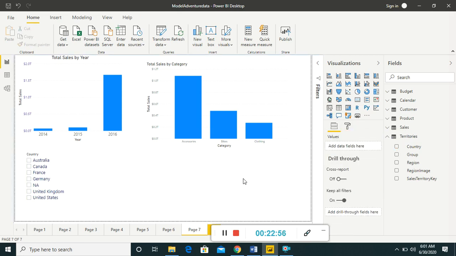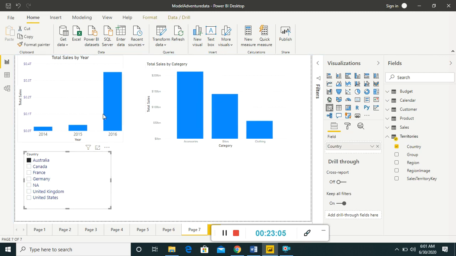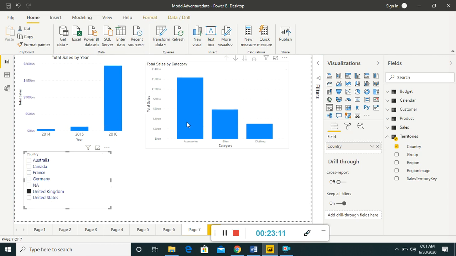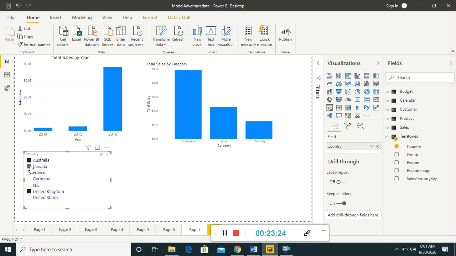Now the slicer is ready, such that if I click this, my projections are changed. If I click this, my projections are changed. If I want to select multiple options, I can do this by pressing the control key and selecting multiple.